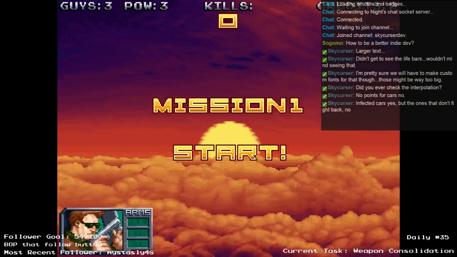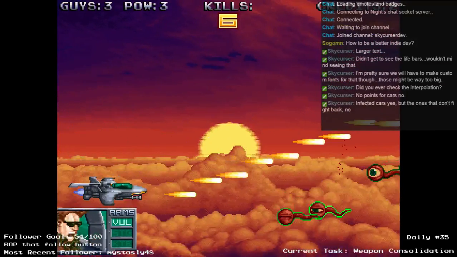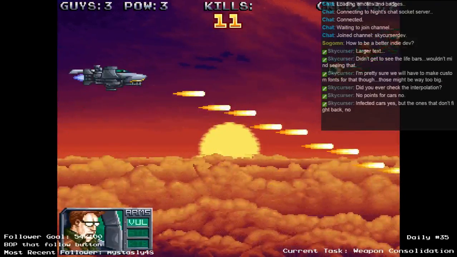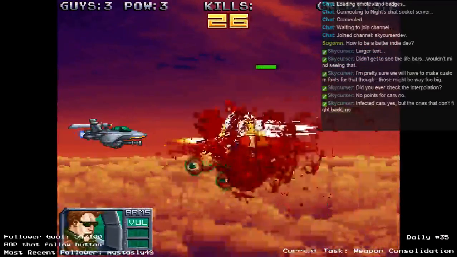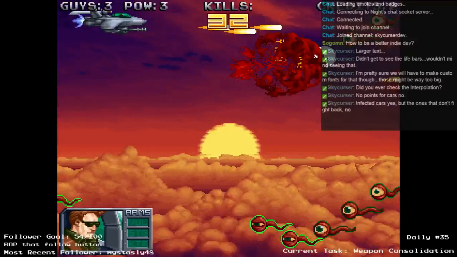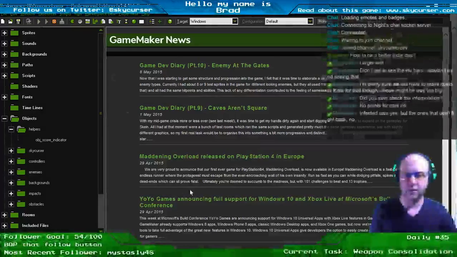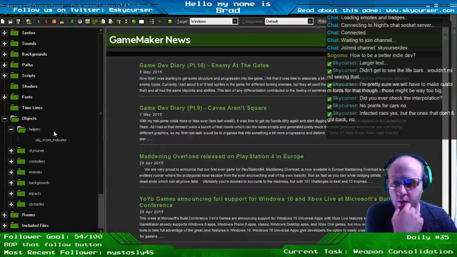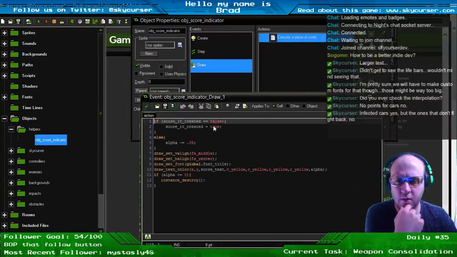Mission 1, Death at Dusk. Go! Sweet, that worked. I'd like it to appear for a little bit longer. Yeah, I'm getting a lot of slowdown, and I think it's mainly my machine and not anything else. My machine is just having a hard time handling everything that's happening